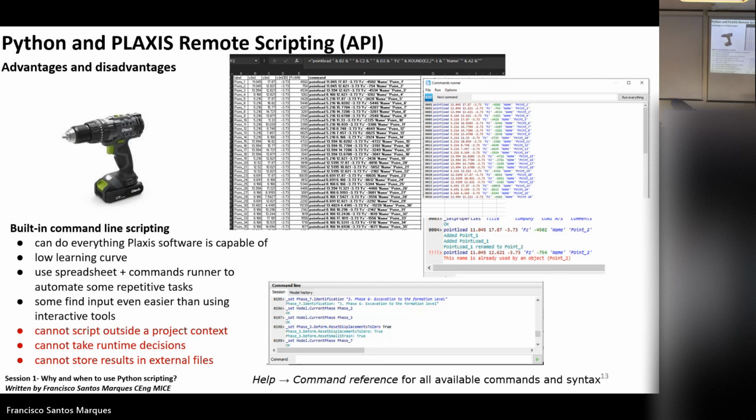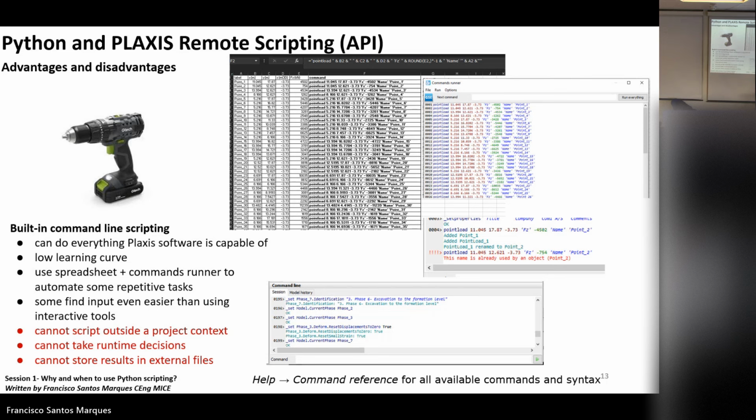Fine, but there's just a problem. It's a semi-automated process, but you don't have any runtime decisions. Let's say you want to create, for example, a point load with a certain set of coordinates. Everything is fine, but the naming is the same. Let's say this one is called point underscore 2, and this one is also underscore 2. Because in Plaxis we cannot have objects with the same name, when I try to run this command, it will tell me it's already there, so there's nothing I can do, and it stops there.